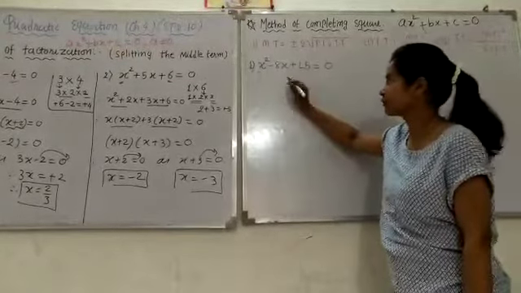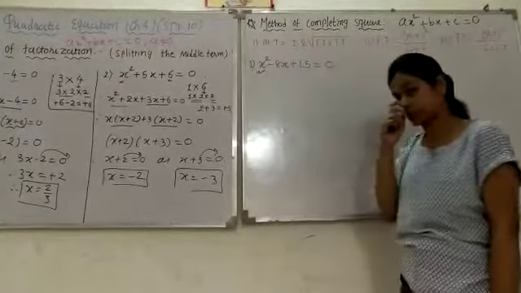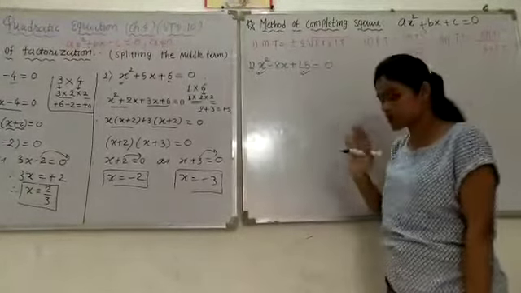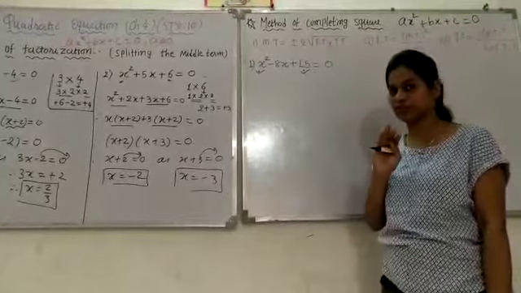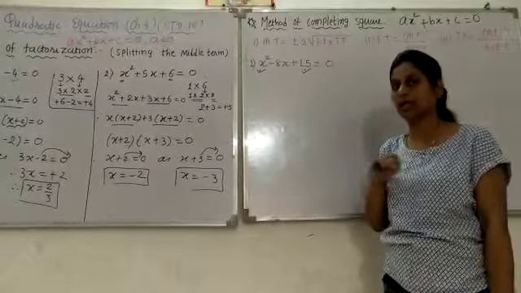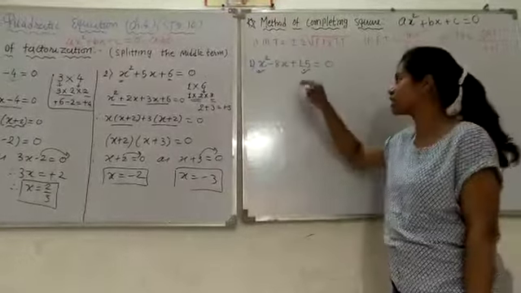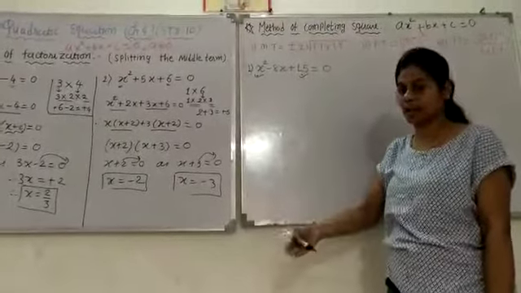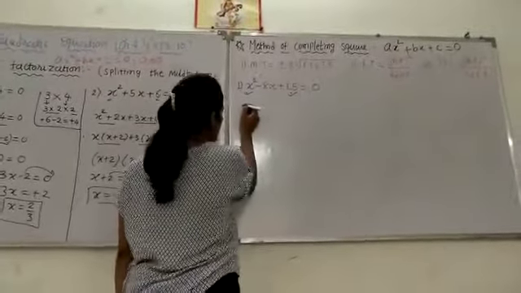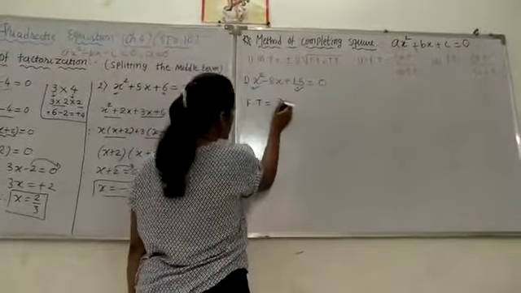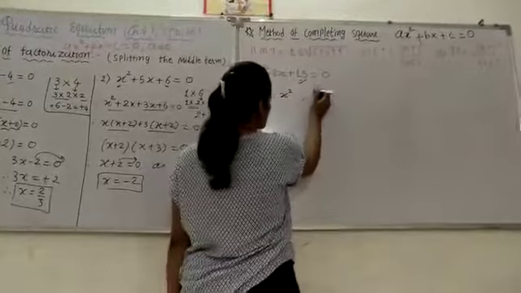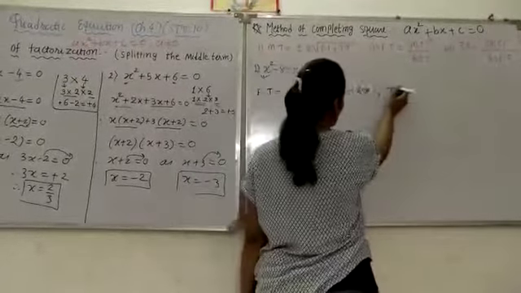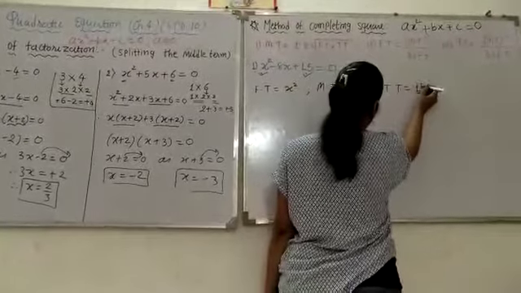In this question, your first term is a perfect square because its square root is possible. But your last term is not a perfect square because 15 is not a square of some number. That's why you should convert the last term, or third term, into a perfect square. So here your first term is x square, middle term is minus 8x, and your third term is 15.